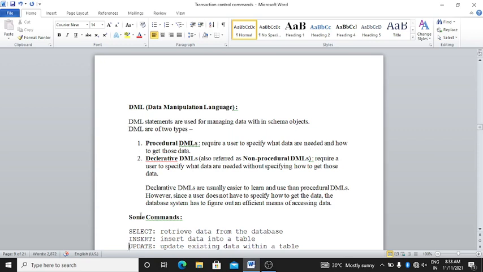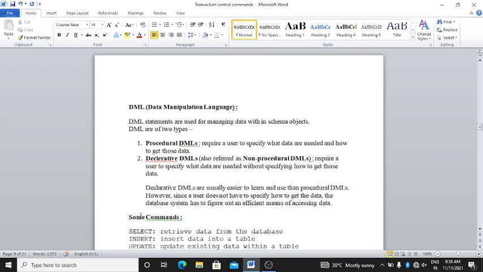First one is procedural data manipulation language and second is declarative data manipulation language. Procedural data manipulation language requires a user to specify what data are needed and how to get those data. Okay, what data are needed and how to get those data.